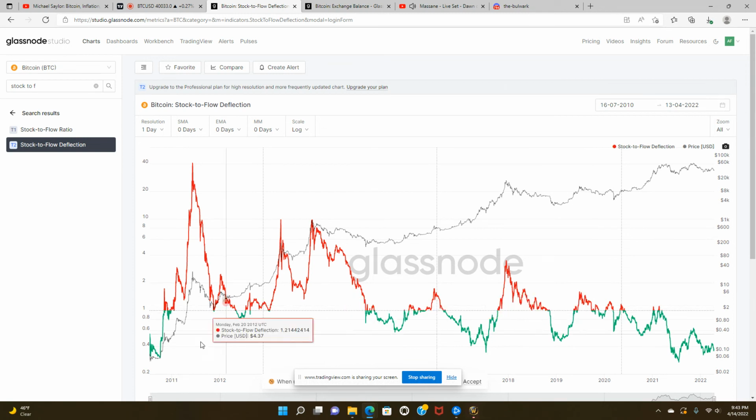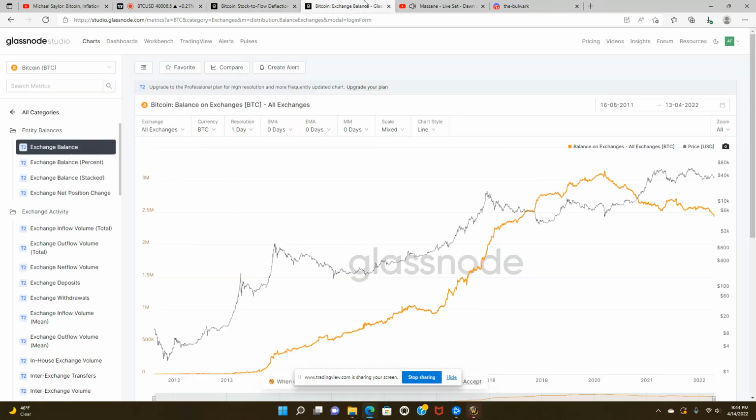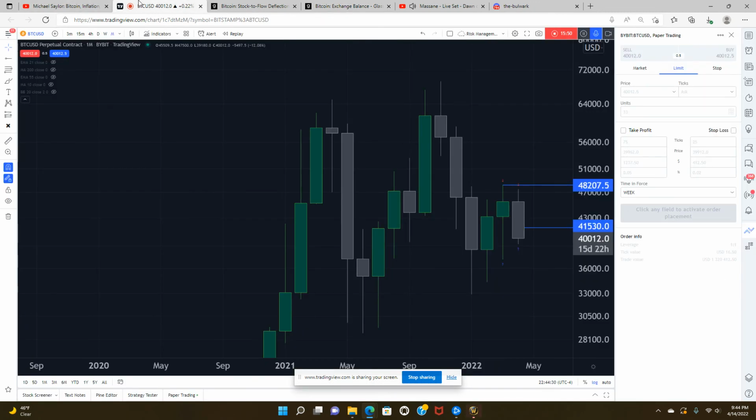I mean, you kind of have to go back all the way to 2010 to get anything. Okay, maybe right before the bull run, right before the parabolic bull run in 2017, but you get the idea. And also to add on to that, you see this balance of Bitcoin flowing off exchanges. Again, this is just a fundamental on-chain metric. But when you see these type of things, these fundamental indicators lining up with actual price action on the chart,